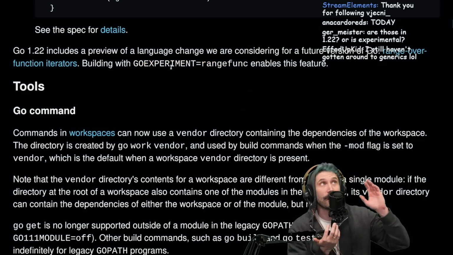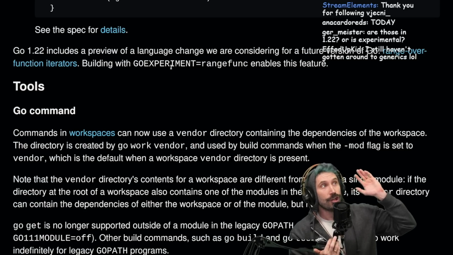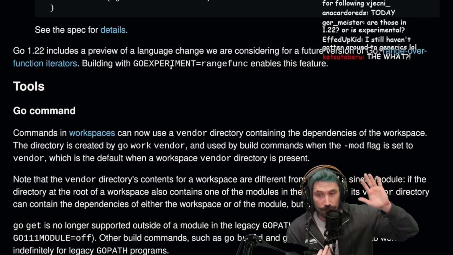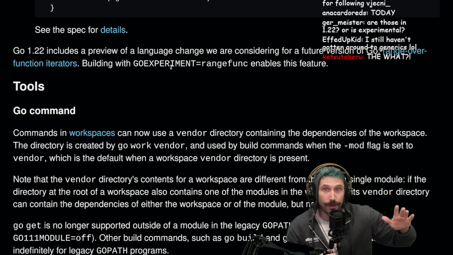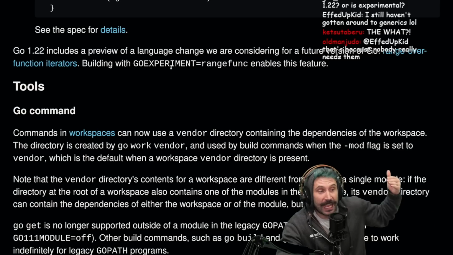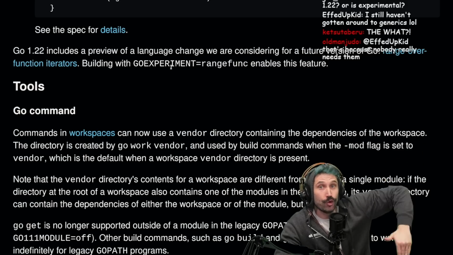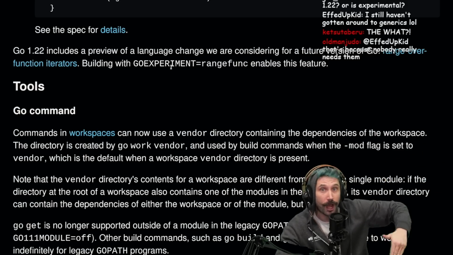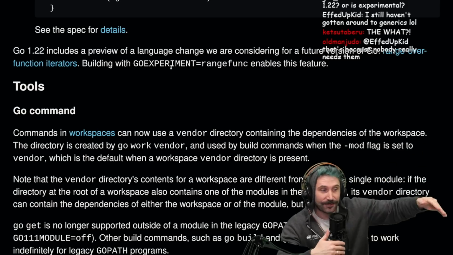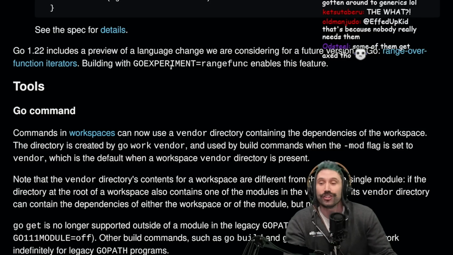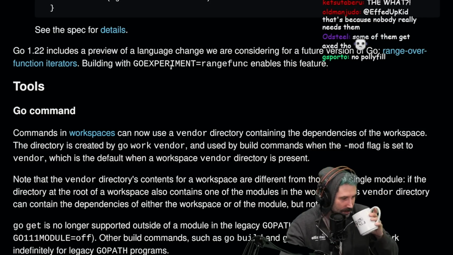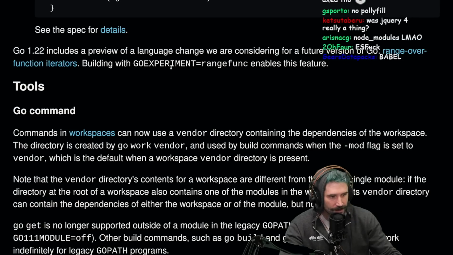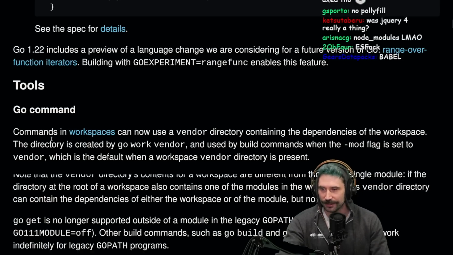One thing I love about Go is that the experimental features, you can just opt in and start using them. You don't have to have special tooling. You don't have to have Babel, right? You don't have to have a pre-compile step to your pre-compile step to run your JavaScript. You don't have to have the double whammy. You could just do the thing, right? No polyfills, right? Fucking Babel.